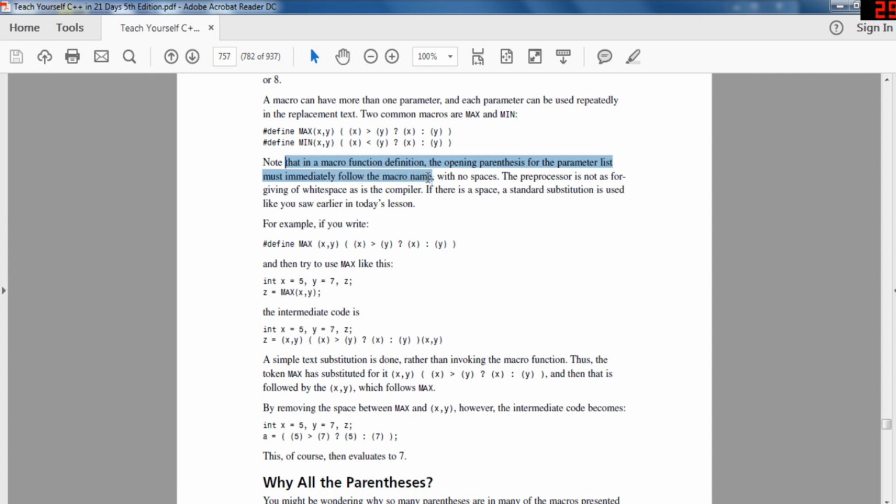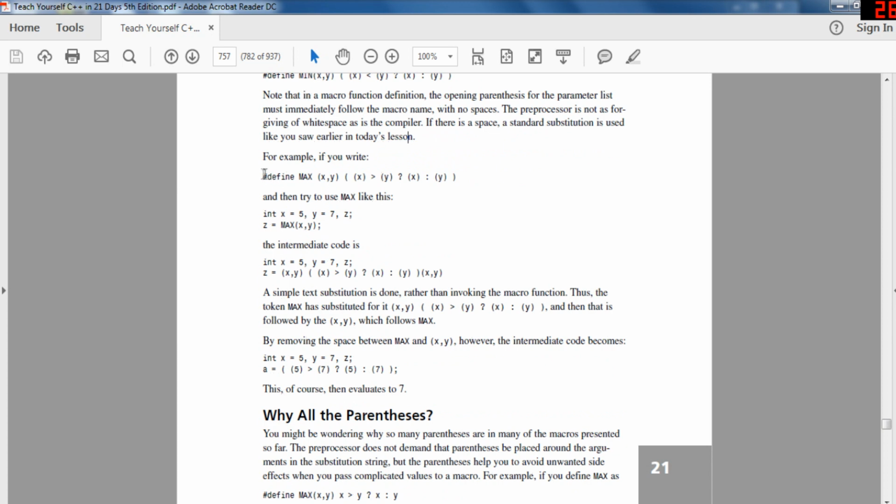Must immediately follow the macro name with no spaces. The preprocessor is not forgiving of white space, as its compiler. If there is a space, a standard substitution is used, as you will see later in today's lesson. So now, because you define the max function like this, if x is greater than y, then the maximum value